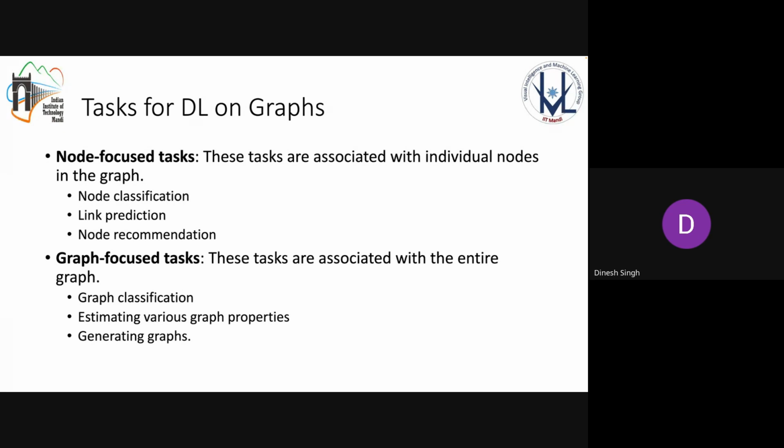But we can perform tasks for the nodes, and most of these networks when we design them are node focused. But we can also do certain tasks on the entire graph, like in chemistry we were saying, okay, this is the graph of a molecule, but now we do not want to define the property of an atom, but of the overall molecule,